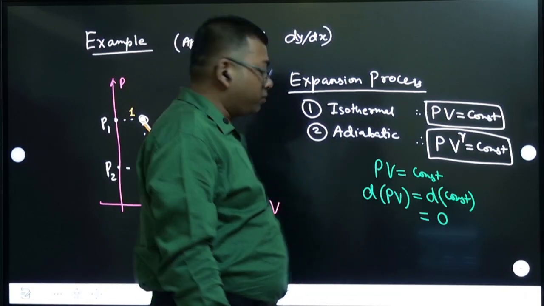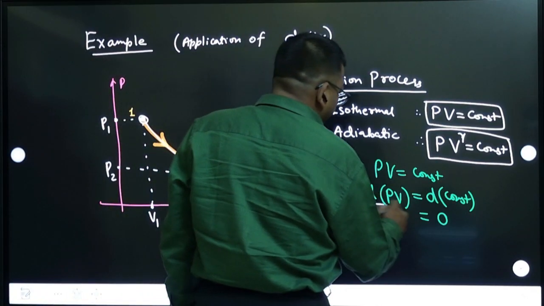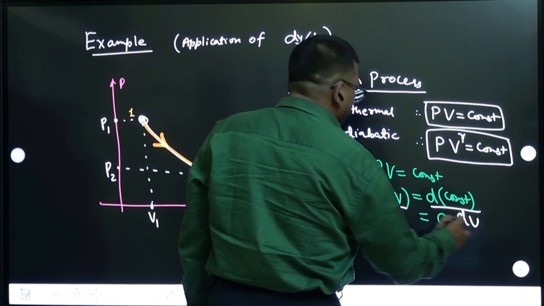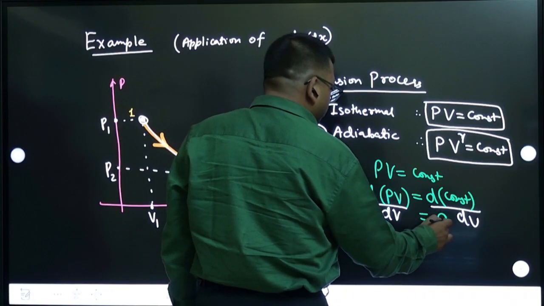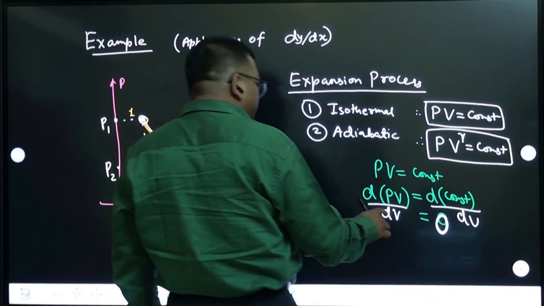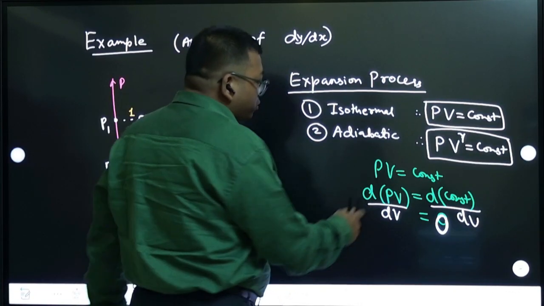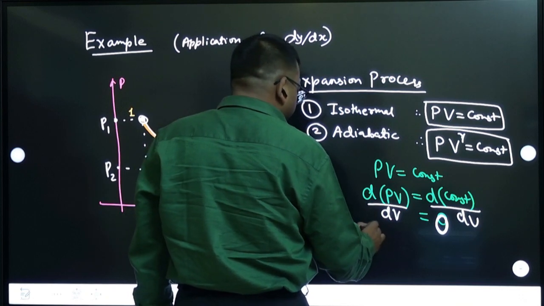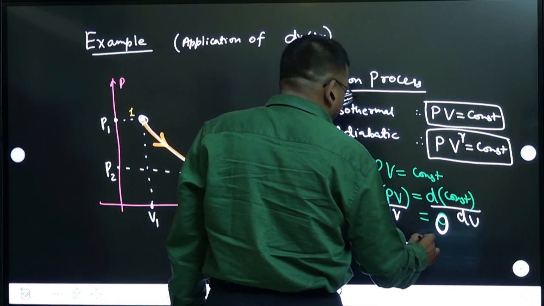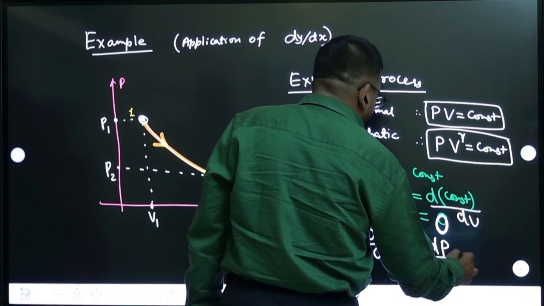If you have any confusion, you can take the differentiation with respect to volume. Let us take the differentiation of PV with volume, and similarly the differentiation of the constant with volume. But we know this term will be 0, right? Differentiation of a constant is 0. Now, how to do this differentiation? There are two functions, so you have to use the UV rule. Leave P, differentiate volume with volume, plus leave volume, differentiate pressure with volume,